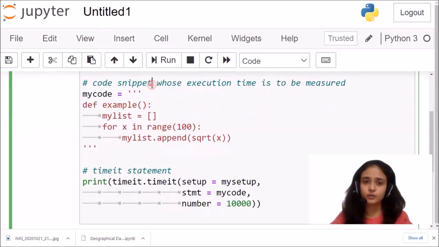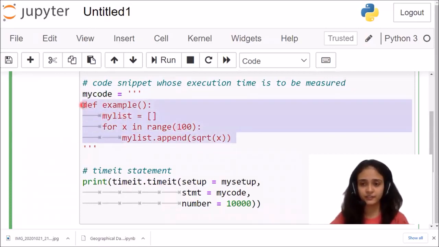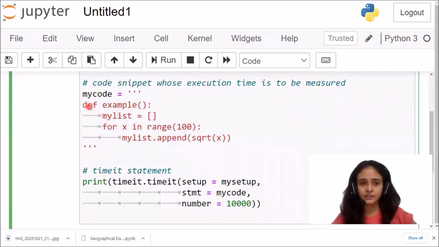Now the code snippet whose execution time is to be measured: this is my code, and I am writing it in triple quotes, which means this user defined function will be taken as it is. This is my user defined function, def example, my list. I have the for loop in it, and I am measuring the square root, that is sqrt(x).